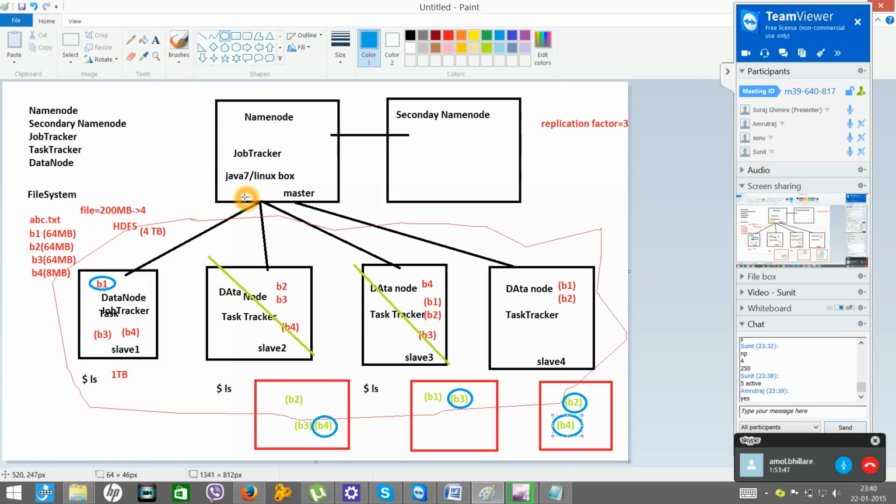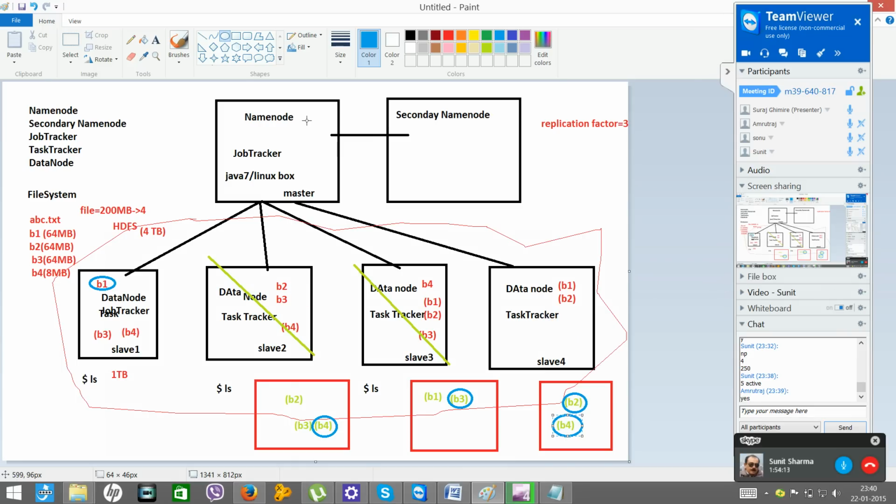Hadoop will send that program to all the nodes, this node, this node, this node, this node. Right now I am saying Hadoop will send that program, but later we will talk about which is the actual component that takes the program and distributes it. For the time being, let's talk at a very high level. Going down the line, we'll see it in detail.